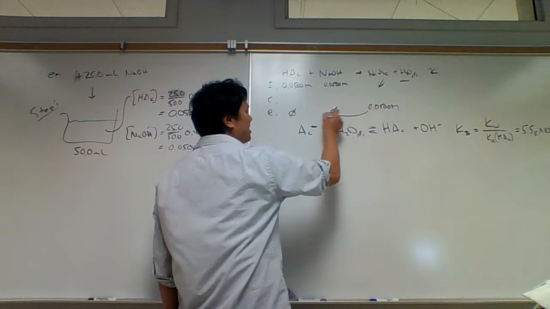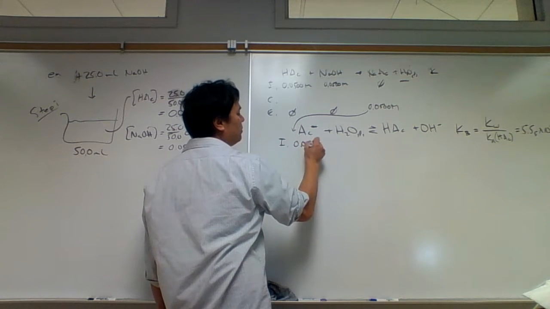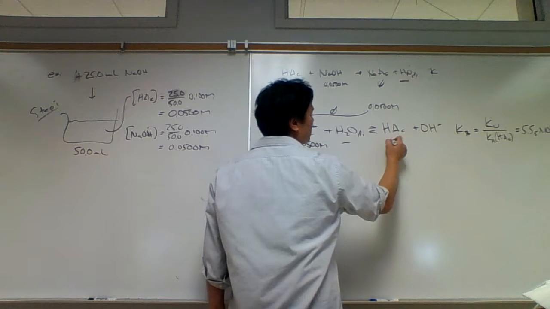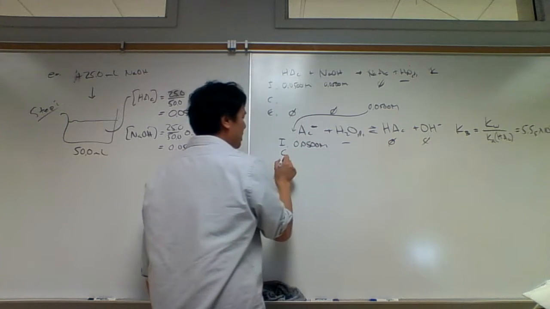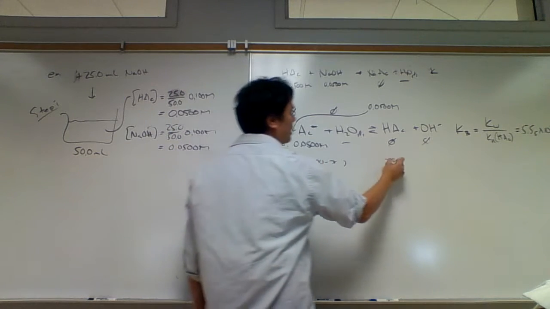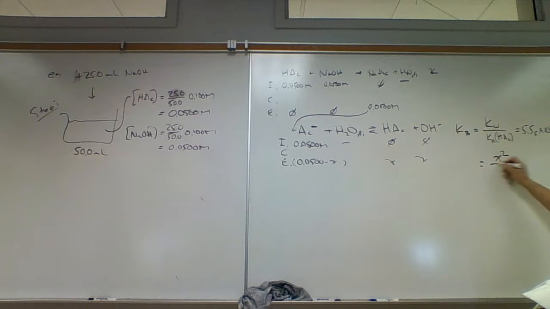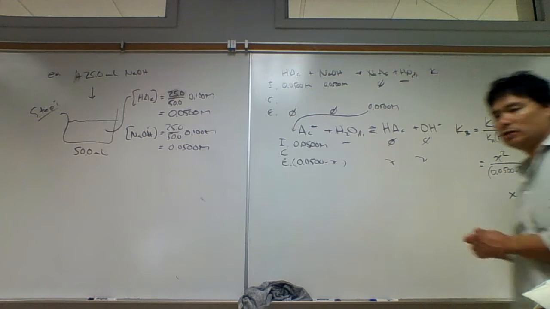The next step here is we'll drop down the acetate concentration. This is 0.0500 molar. Water is nothing. This is 0. This is 0. Change at equilibrium: we're going to have 0.0500 minus x, and this will be x and x. We'll plug that into our Kb here. This is going to be x squared over 0.0500 minus x. Then we'll try the simplifying assumption. This goes to x squared over 0.0500, which gives us an x equal to